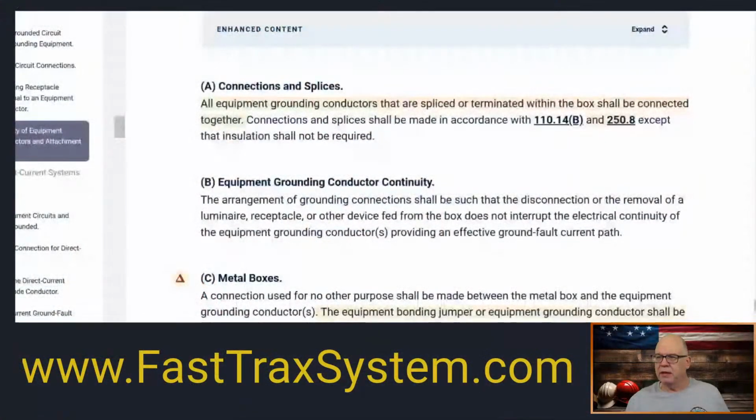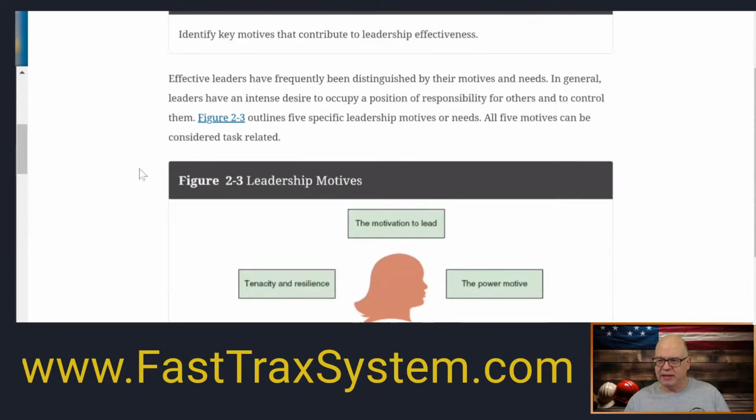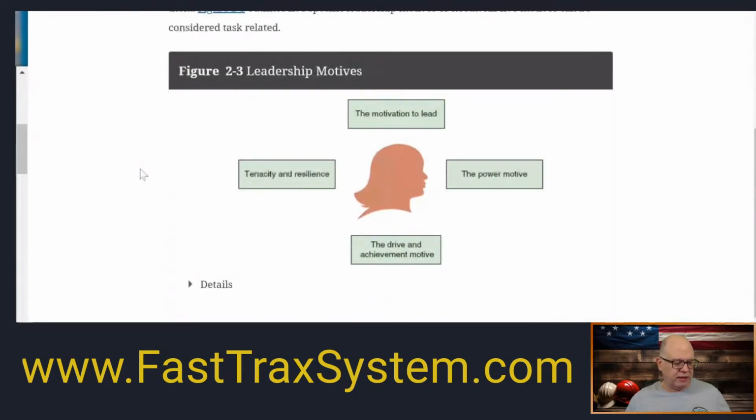But one of the things I want to talk about is, in your company, if you're an owner of the company and you have to identify a leader, or if you want to be a leader in your company or you're going to be moving up, there are key identifiers that contribute to leadership effectiveness and what motivates somebody to be a leader. This was an interesting chart, or layout, that I saw, and this is in our leadership program. What motivates